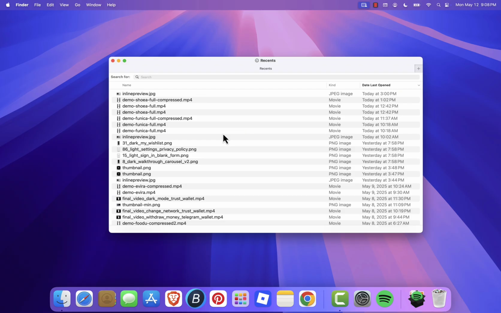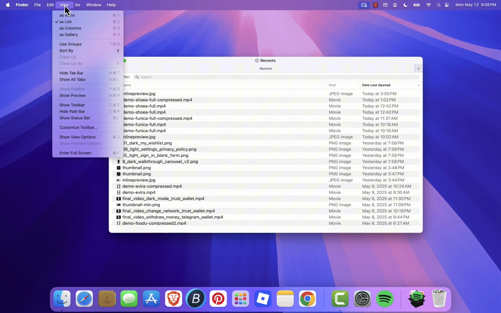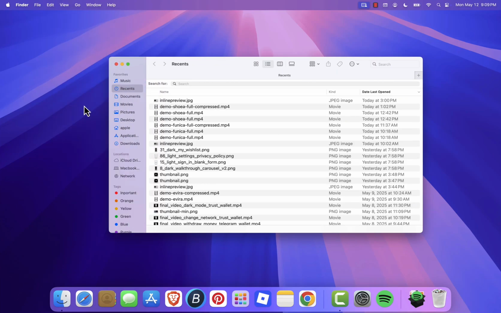First, open any Finder window. Then, go to the top menu bar and click on View. In the drop-down menu, you'll see an option called Show Toolbar. Click on it, and the toolbar will instantly appear at the top of your Finder window, giving you access to